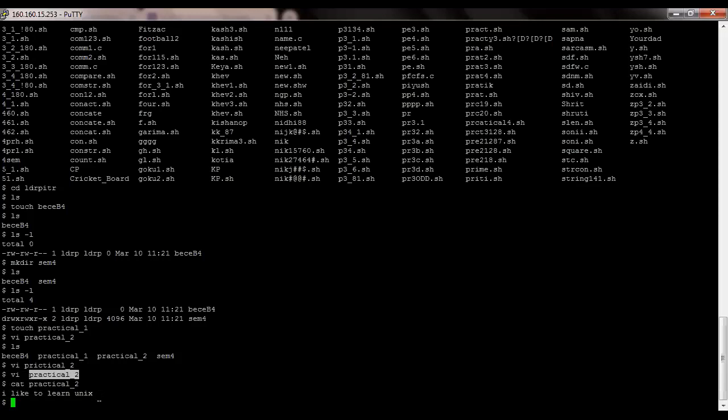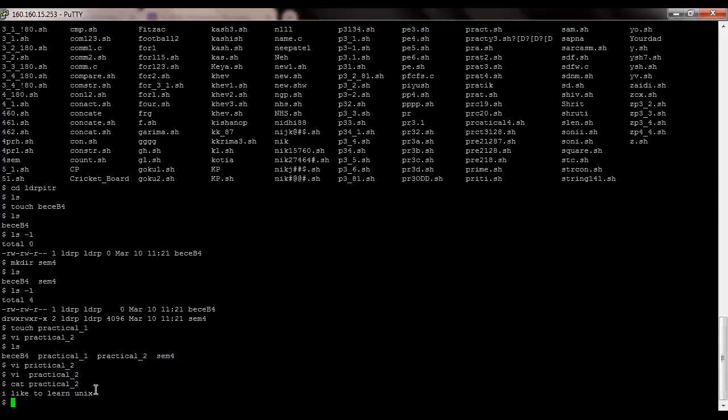Then we inserted one more line, I will respect my parents. But we closed the file without saving, so the content remains unchanged. The addition of one line is not there because of unsaved data. So we have only a single line, I like to learn Unix.